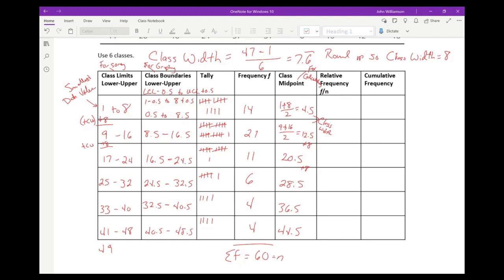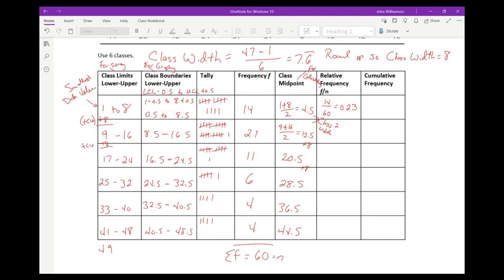So here, for example, for that first class, to get my relative frequency, it would be 14 out of 60. And we're always going to use preferred decimals in this class. So you would actually go ahead and do the 14 over 60, convert it to a decimal, and let's just say to 2 decimal places for the sake of this. So when we do that, we get 0.23. So that tells us that 23% of your data values are going to lie somewhere between 1 and